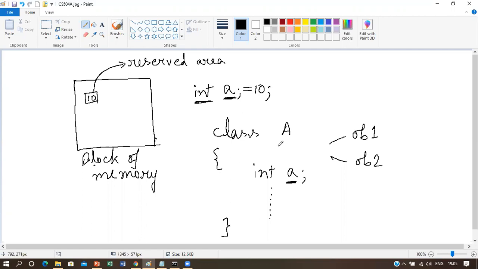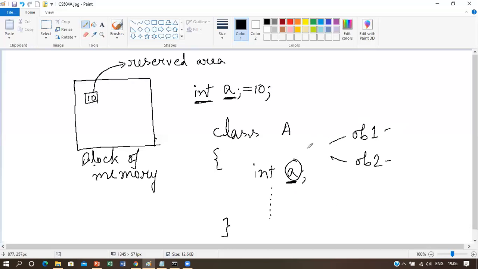That means the things that we specify inside this class body should be there inside each of the objects that we create from this class. So whatever we have specified inside this class is only this variable, and these are the two objects of this class. That means OB1 should also have A and OB2 should also have A.